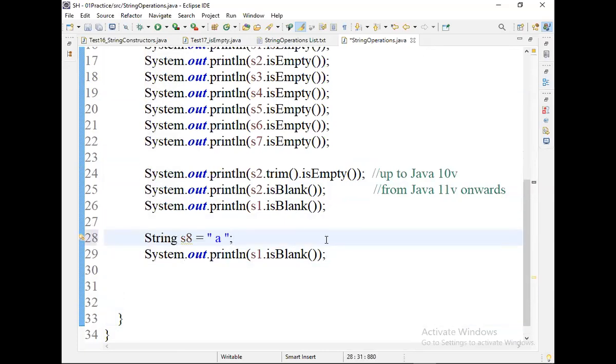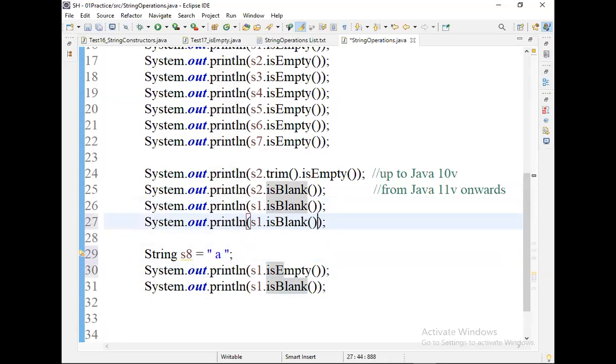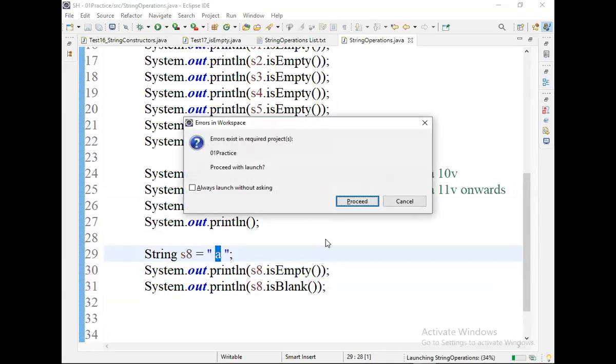Then tell me, the isEmpty method obviously returns false. Then does s8.isBlank return true or false? False. Why? Because it is not only spaces. A is not a space, it is a character, so it returns false.